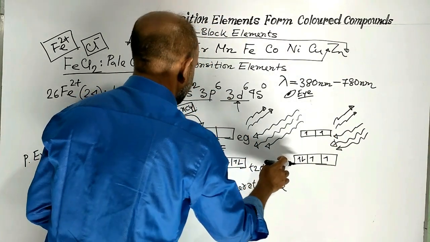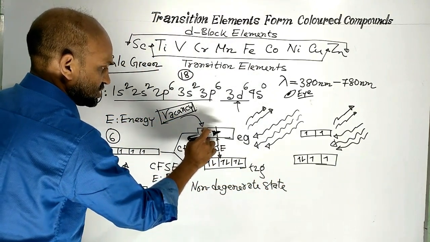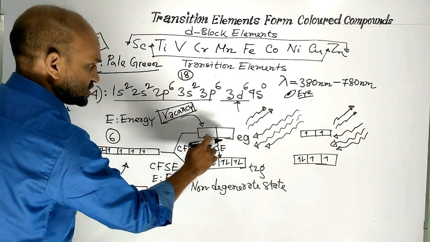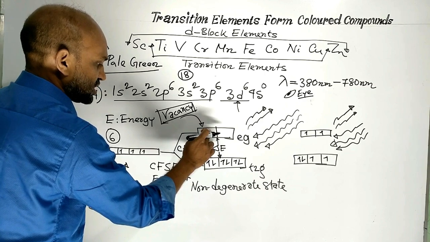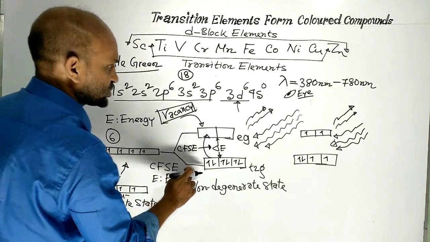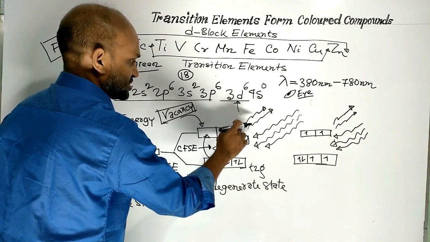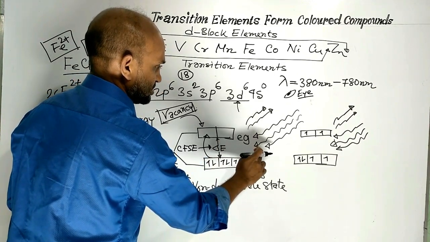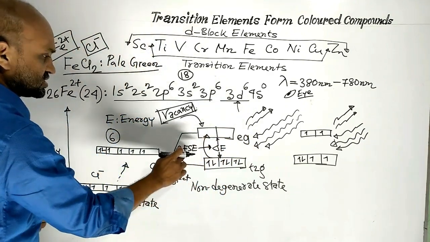So here the key points are the vacancy of the orbitals and the energy gap. Due to the energy gap and vacant orbitals, the ion absorbs energy. At the same time, it reflects some radiations from the visible light region. Due to the partial reflection, this ion,